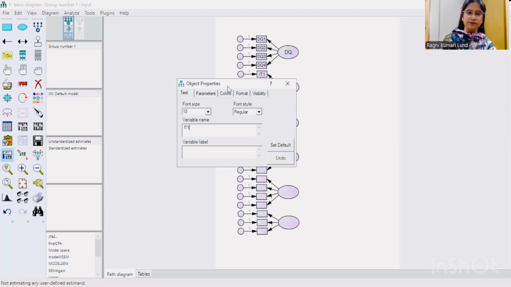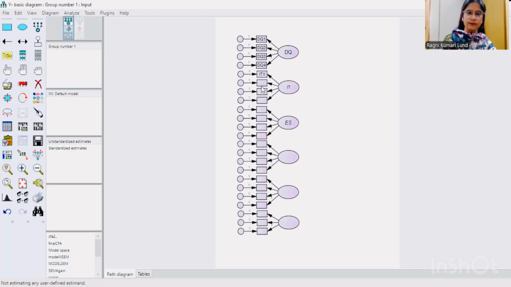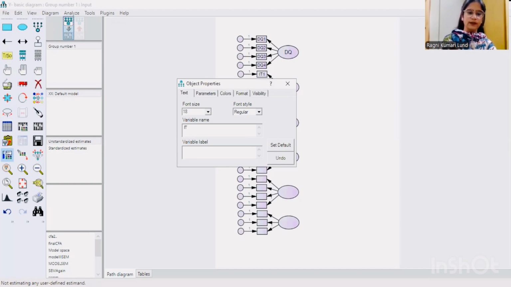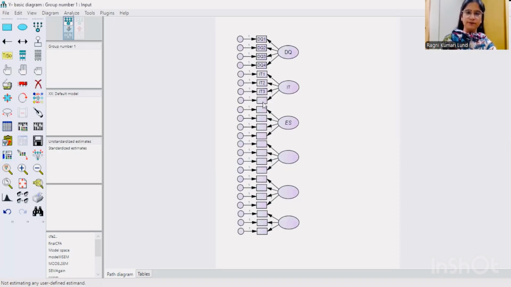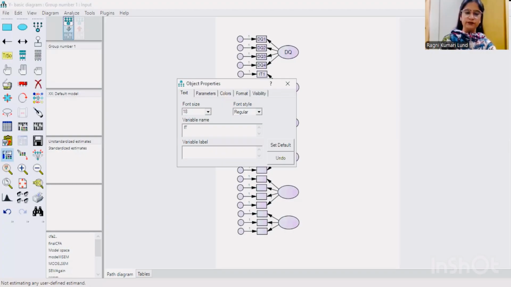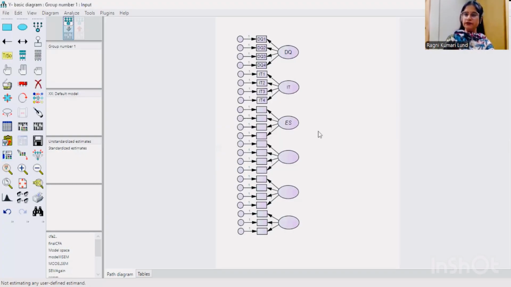IT1, IT2, IT3, and IT4. In a similar way, we have to give names to all variables and items.